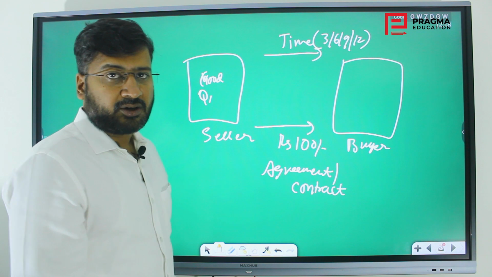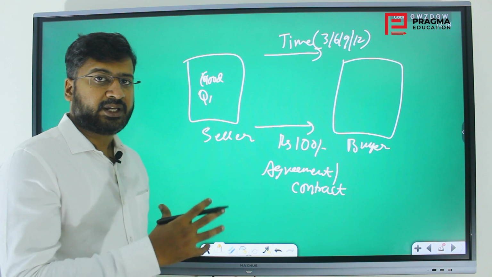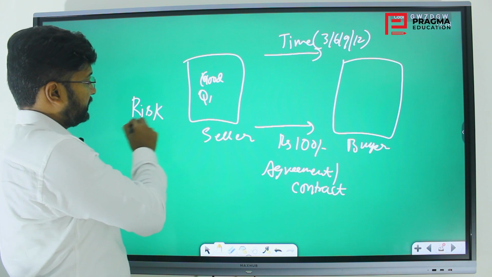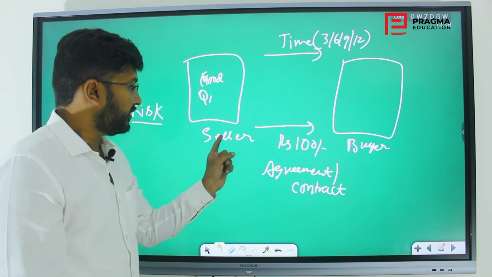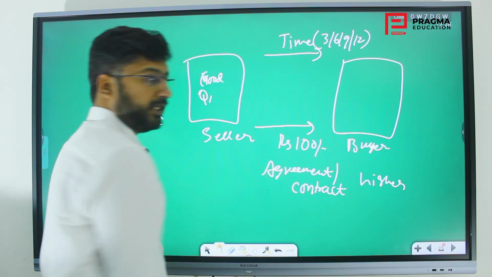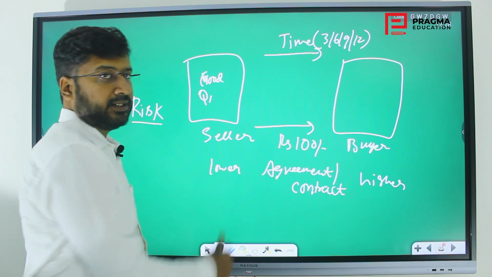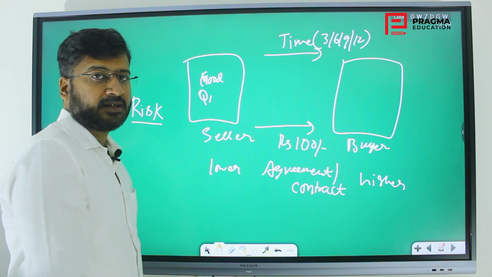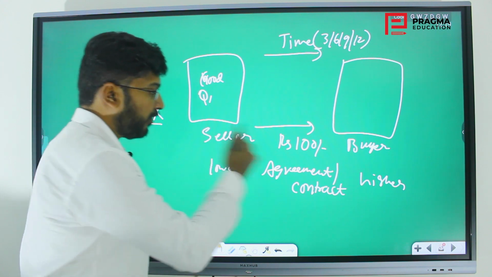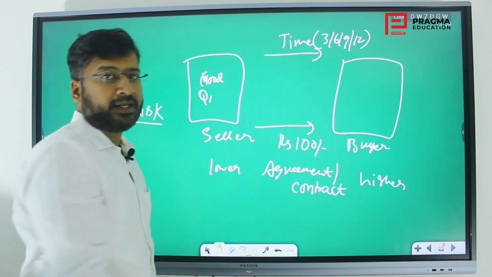Now try to understand this concept and think about where there will be a gap, if there is a gap. I'll tell you, it is the risk. What is the risk for the seller? That the price may go higher, as the buyer is expecting. And what is the risk for the buyer? The price may go lower than this, so he will be at a loss if he buys at this price. This is what the seller actually thinks, but it is a risk if the opposite happens: if the price goes higher, the seller is at risk, and if the price goes lower, the buyer is at risk.